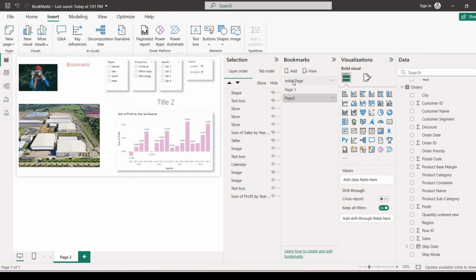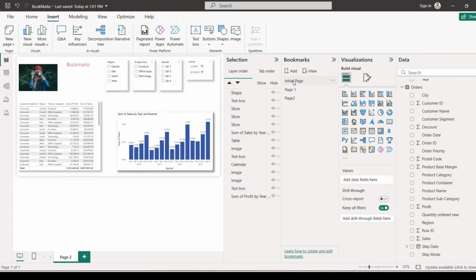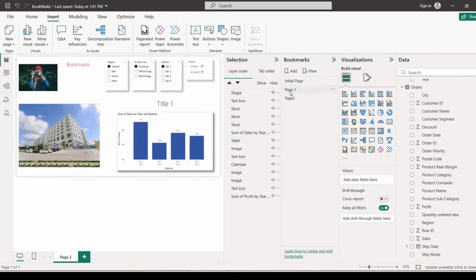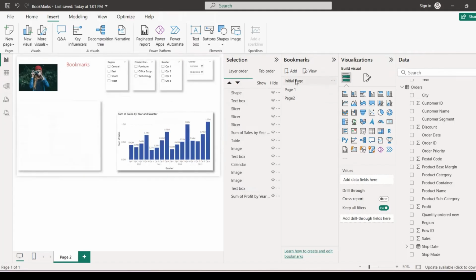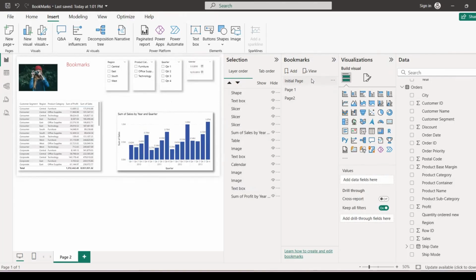If we go now in each bookmark, we can see how the image is changed. So this is cool. We can show everything in one slide. If we press on view, you can see here below that we have this feature of navigating to all these pages only by clicking on this next arrow.